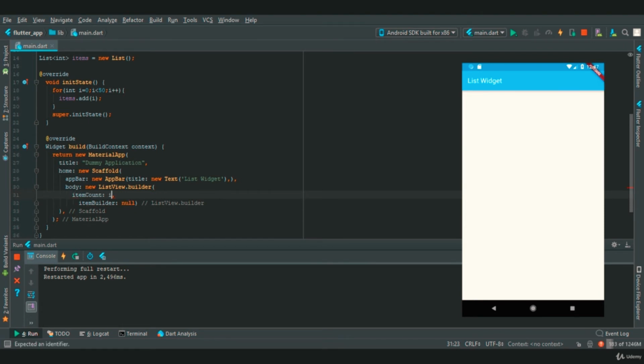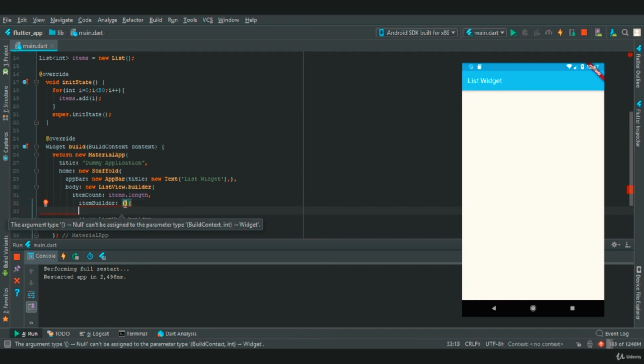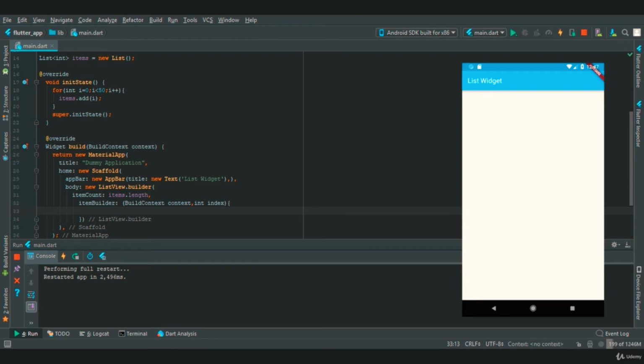So item count will be items dot length, and item builder takes a function. So in the function we need to provide build context and int index.